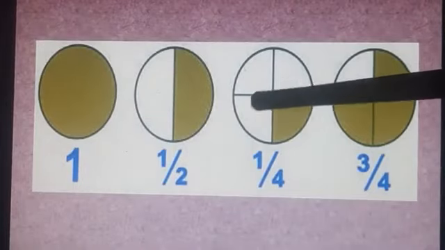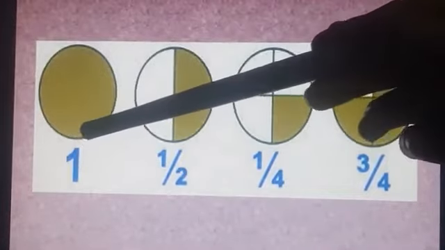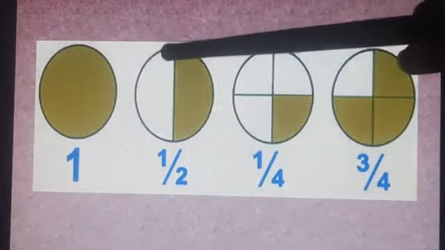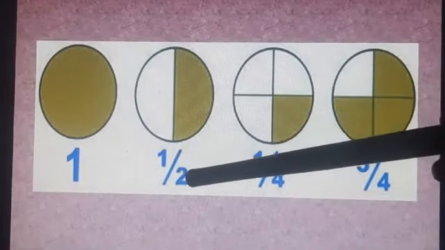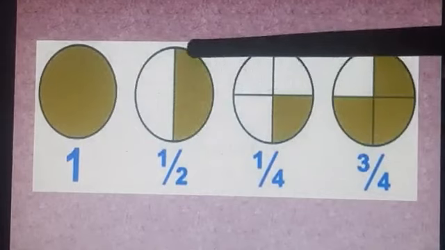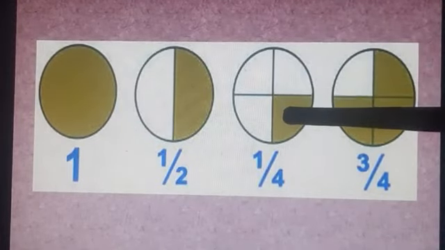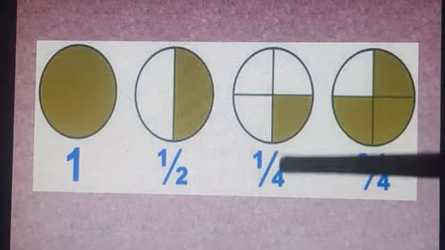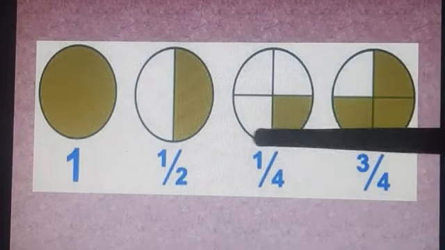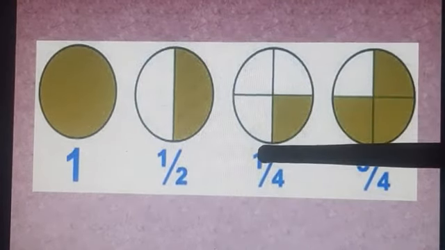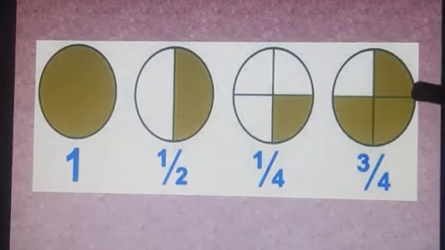Let's understand the fraction with this example. There is one circle, and so it is a whole. Now what we have done, we have taken half part. So it is written as 1 upon 2. Now from this, it is divided into 4 equal parts, and out of these 4 we have taken only one part. So 1 upon 4, or we can say one part is shaded, right? So out of 4, 1 is shaded, so 1 upon 4. So 1 upon 4 is a fraction, 1 upon 2 is a fraction.